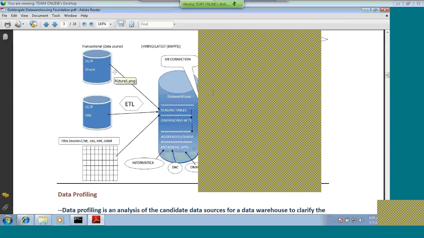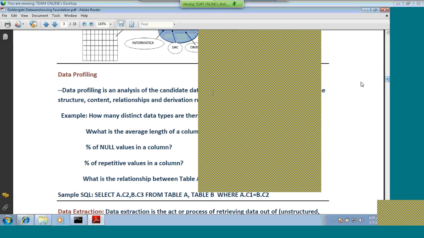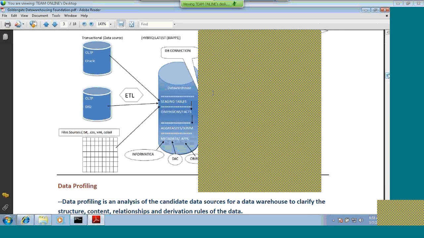How many of them are numeric? How many of those columns are character? So on and so forth. So I can answer those kinds of questions, like how many distinct data types are there, or what is the average length of a column. The average length of a column, in the sense that, for example, in each table, when we define the table, we give the column names and the data types and their